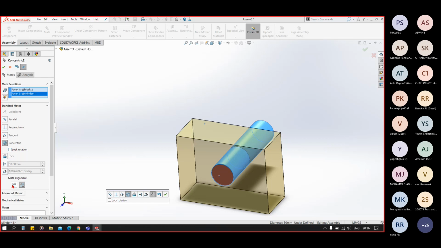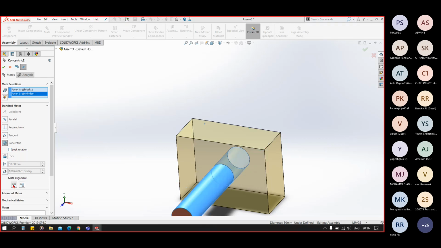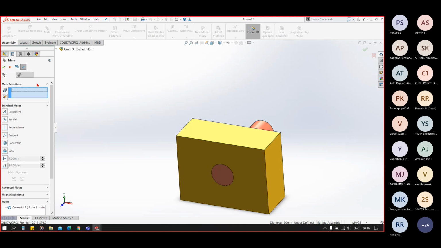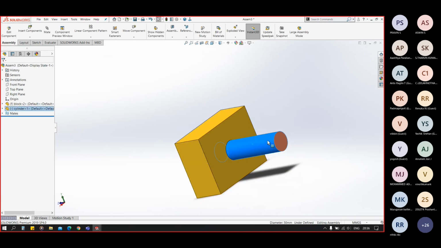And also we have an alignment option here. We can change its alignment. You can see that. So I am also locking its rotation here. Now you can see it will only be moving in this direction and it will not be rotating.